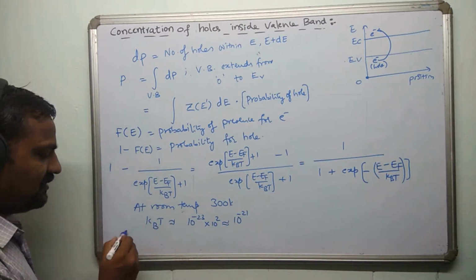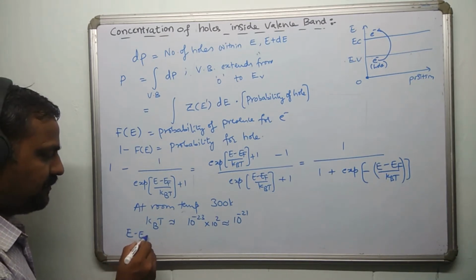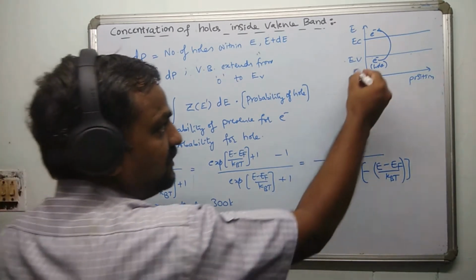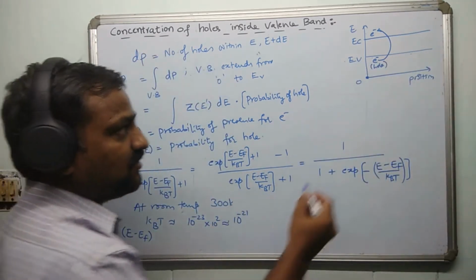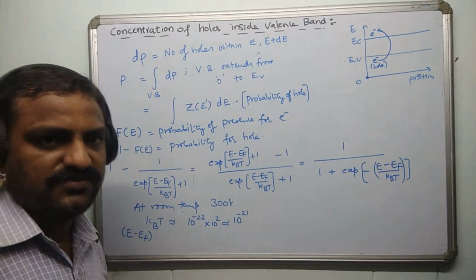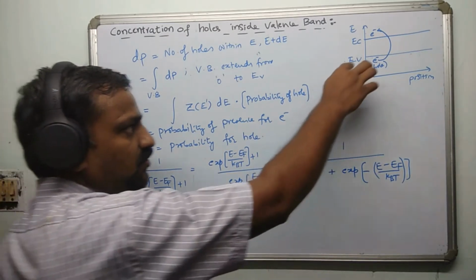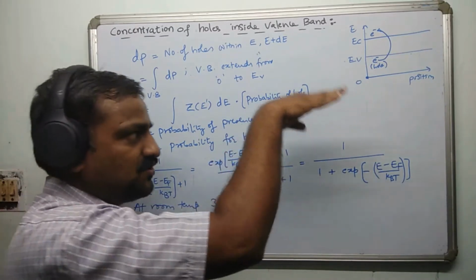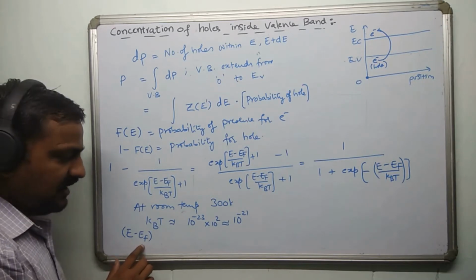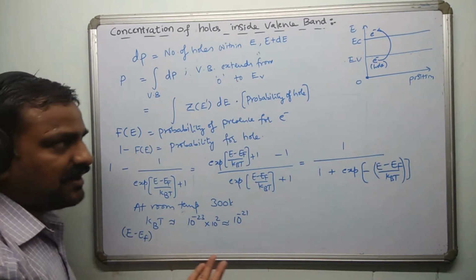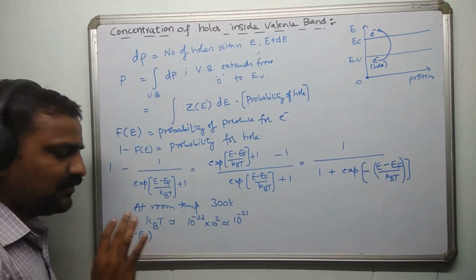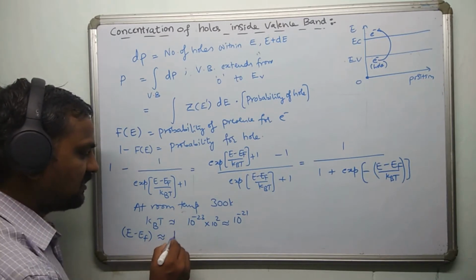And similarly, if you calculate the E minus EF, right? You know, the energies which we are talking about here are the energies of the electron in this. As the electron is lying inside the valence band, definitely if you consider the EF means the topmost filled energy level at absolute zero. So only the valence band gets filled at absolute zero. So definitely whatever energies we are talking about here are less than the EF, right? And typical order is generally, you know, semiconductor has a band gap of 1 electron volt order. So typically this difference is going to be of the order of 1 electron volt.